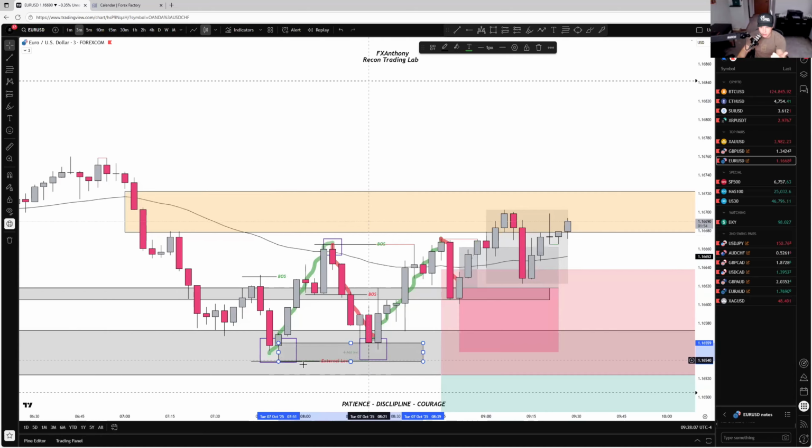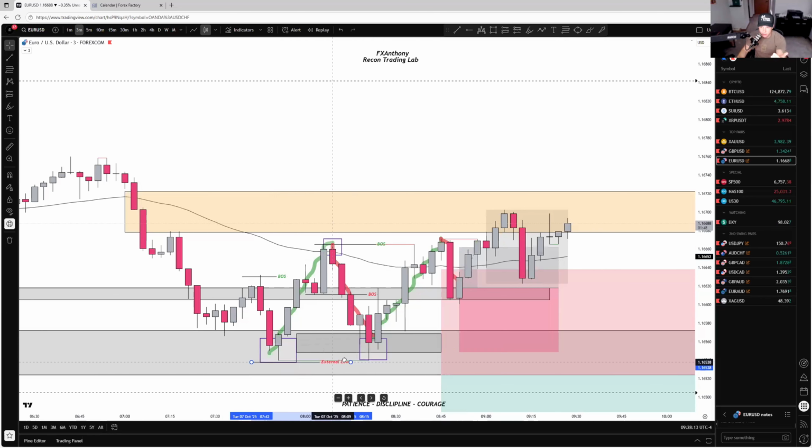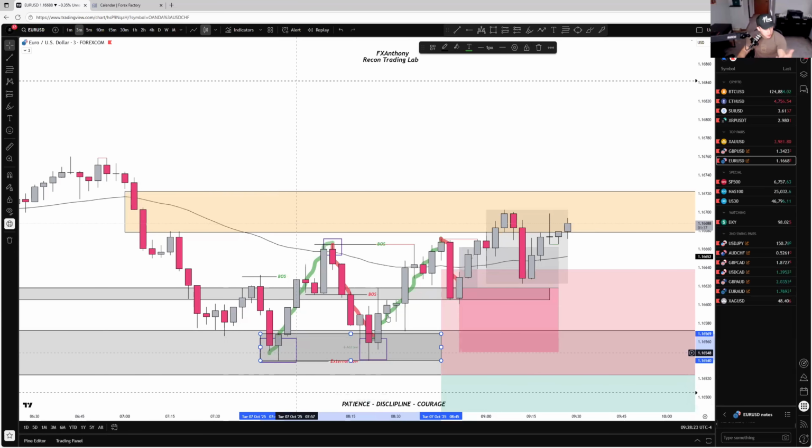You can see this low and this low are equal. We got too much shit on our screen, so you can't see it. See the green line right there? Equal lows. That is liquidity. Price is targeted to that liquidity. Just know that. That is a sign of liquidity. But also, we know that anything below that line is bearish, and we don't want nothing to do with it. That's why our stop loss is there.